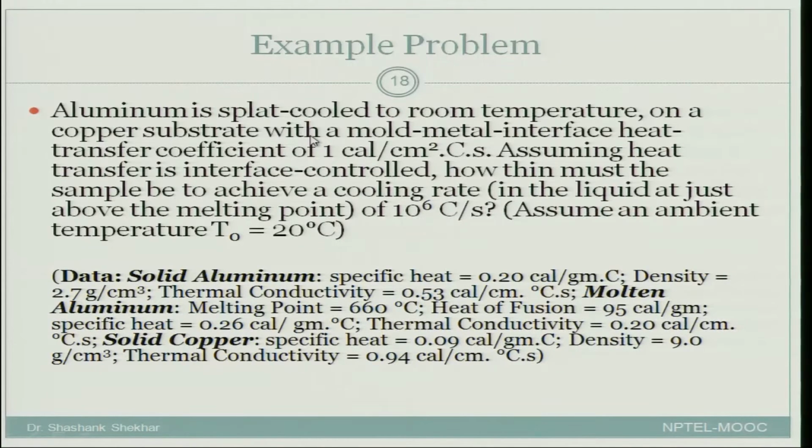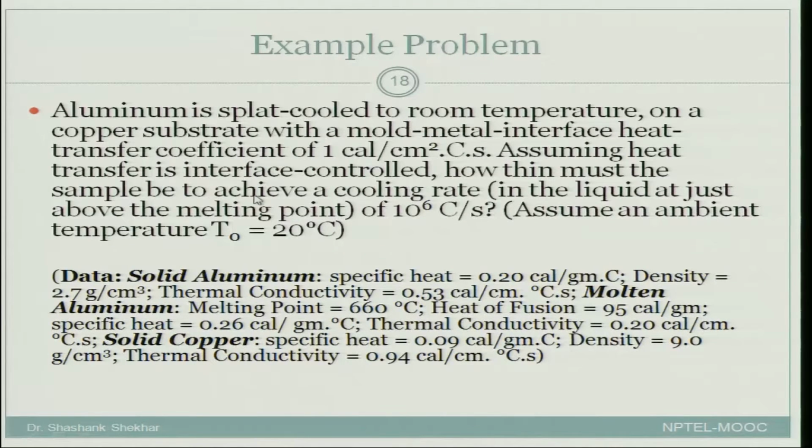If it is splat cooled, its starting temperature is not given, so you can assume that it started at its melting point, which is 660 degrees Celsius, and then cooled down to room temperature on a copper substrate. So it hit a copper substrate with a mold metal interface heat transfer coefficient. It is also given what phenomenon is taking place: mold metal interface controlled heat transfer. Assuming heat transfer is interface controlled,